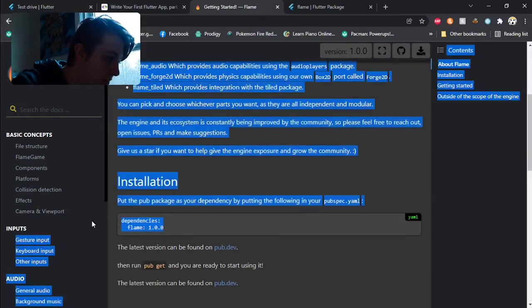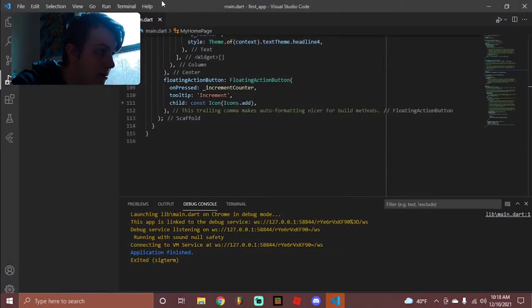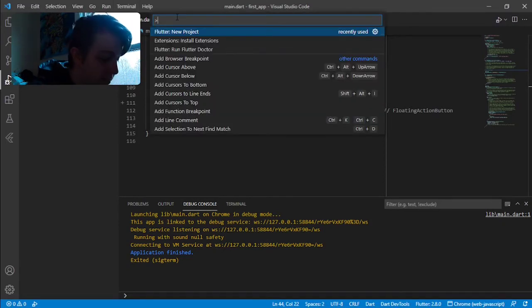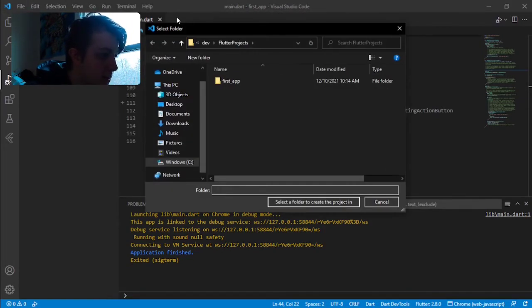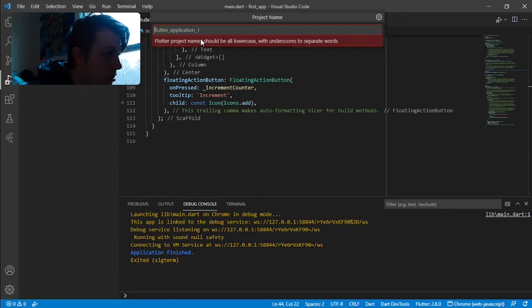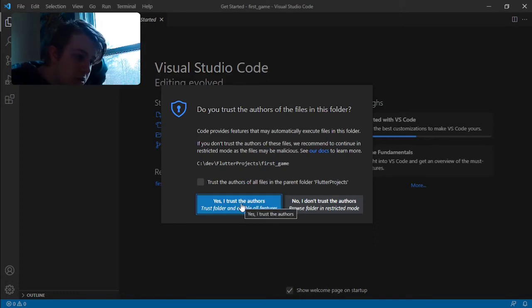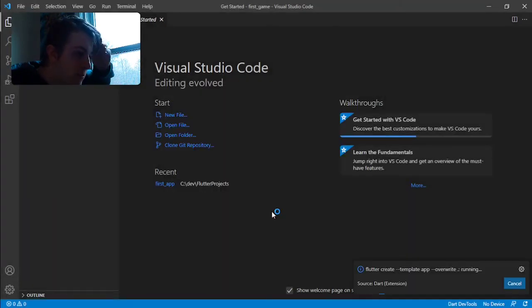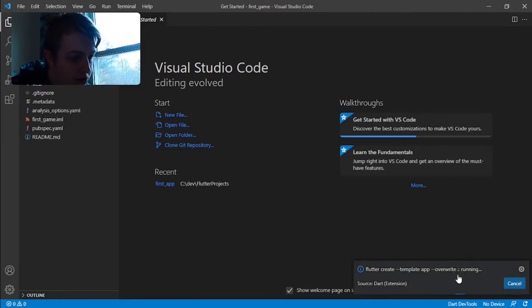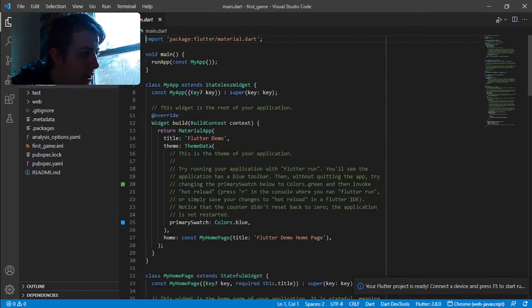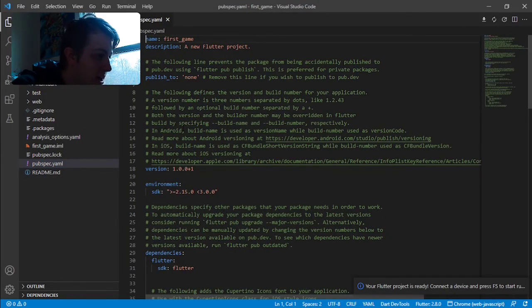Okay, so we need to just put this in our pubspec YAML. I'm going to very quickly make a new Flutter project. I'm going to call this that. I'm going to put this here. Yes, and let me just call this first game. Okay. Yes, trust the folder and enable all features. So it should be creating something very basic. Flutter create. It's going to take a little bit. Okay, and we don't need this. Okay. So first let's open the pubspec.yaml and let us add